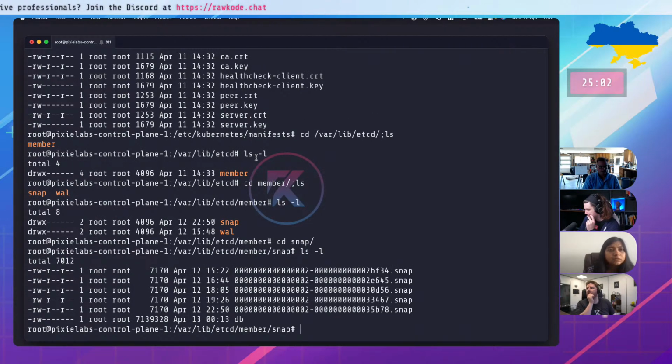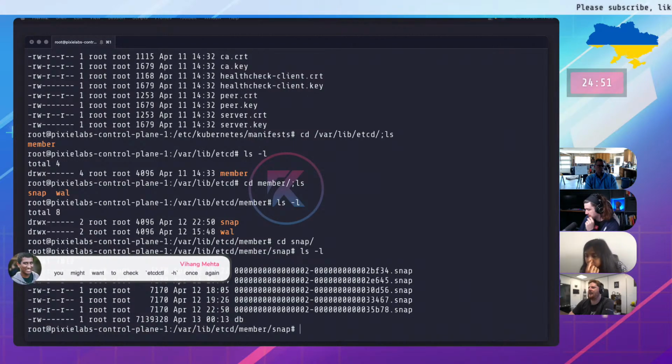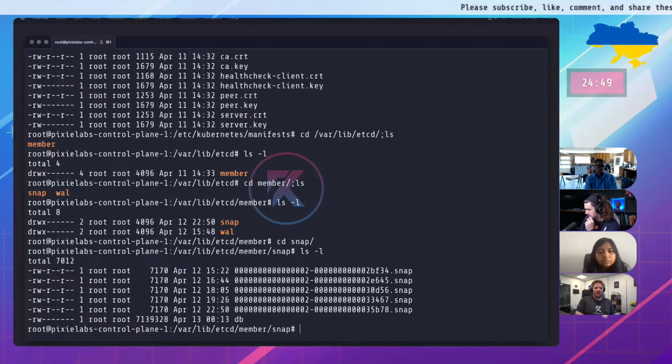Well, everything's owned by root, isn't it? So, yep, they have said that the file permission is a red herring. And we've been encouraged to run etcdctl -h once again. So it's not the Linux file permissions, but we do need to be curious about the root. So let's take a look at --help.